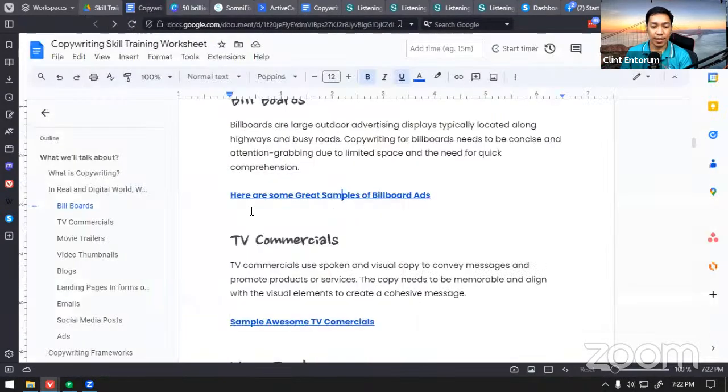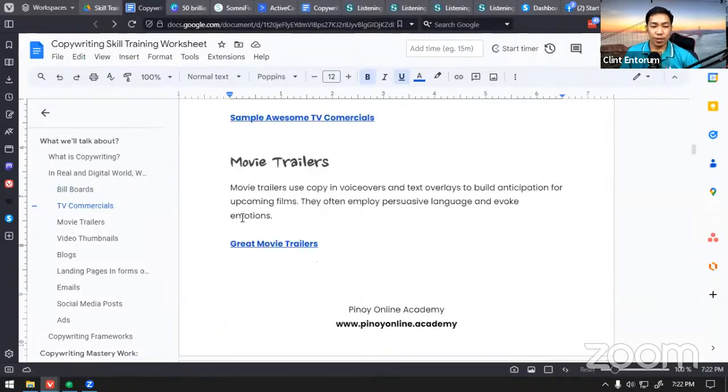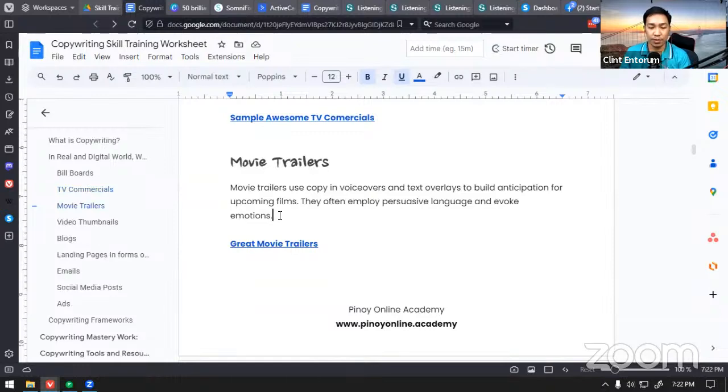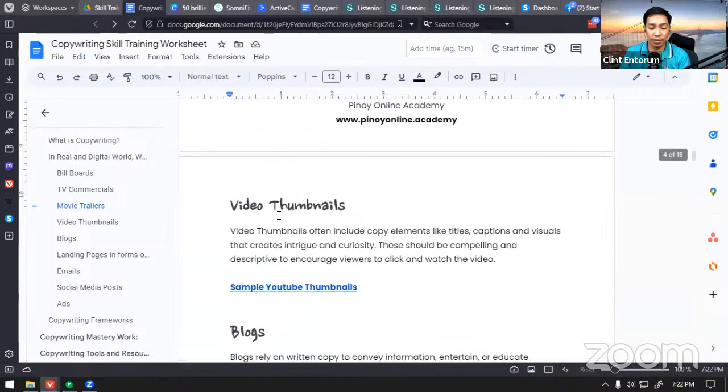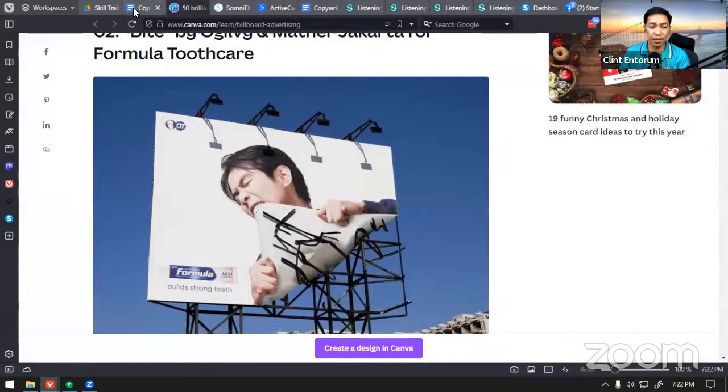So more likely, copywriting, you could find them in ads, mga ads, mga commercials, even movie trailers. So they pick the right words to put on the screen on your videos when they're going to promote a movie that will create an anticipation. Then mga video thumbnails, yung kumbaga like